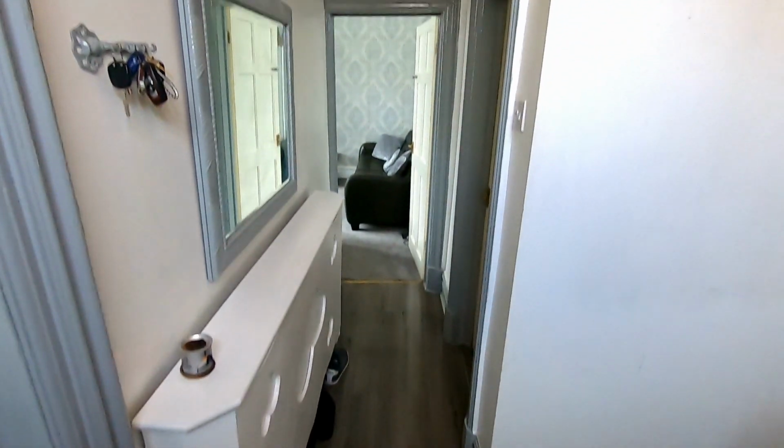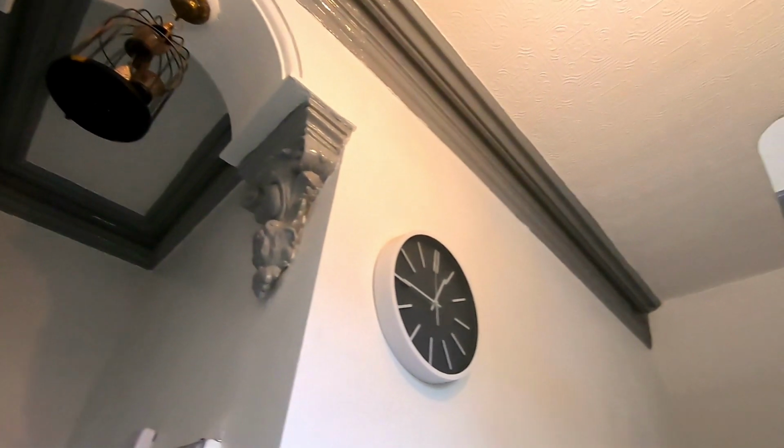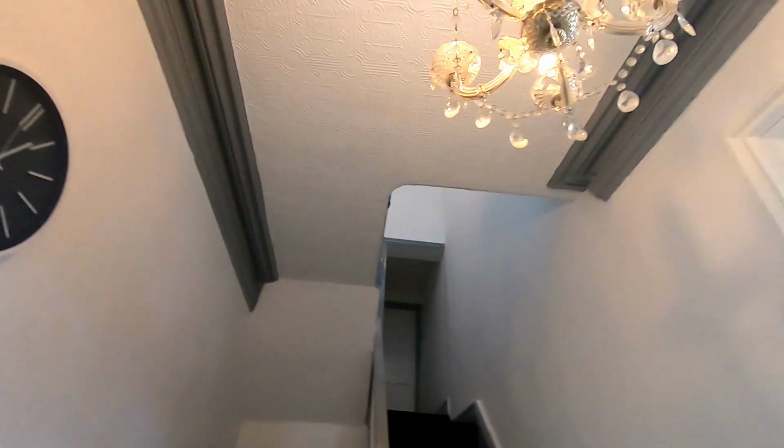Now the front door is actually positioned on the gable on the side, so we step in from there into the central hallway, and straight away you see how big the property actually is. As I mentioned, it still retains many of those original features. You've got those wonderful tall ceilings, original architrave and coving, and you've also got those tall skirting boards. And the hallway is a bit of an L shape,